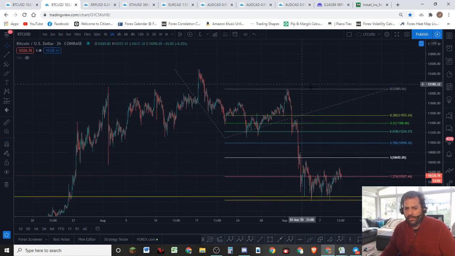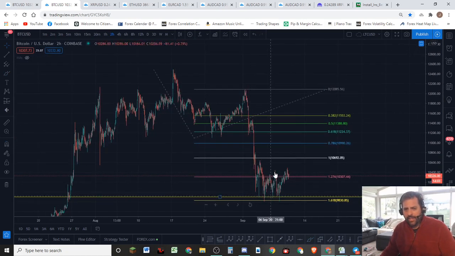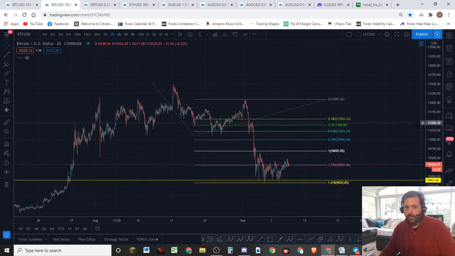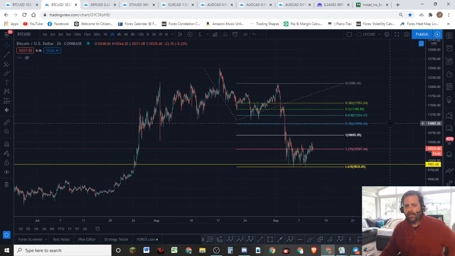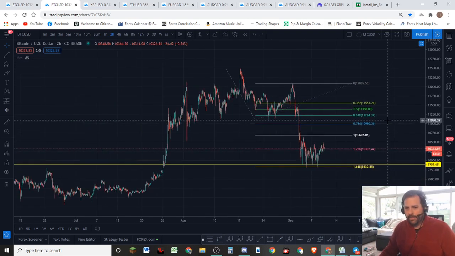So what is it doing now? Where's it going? Whenever it goes kind of sideways like this, we always get a little bit antsy. Is it up or down? We're trying to figure it out. But just remember this: generally, when you get a consolidation pattern like this, it's just consolidation before a continuation pattern to the downside. So that's strike number one for this particular count to the upside, guys. This is most likely a consolidation pattern that's going to end up with a correction continuation to the downside.